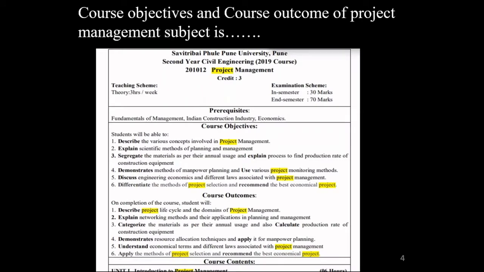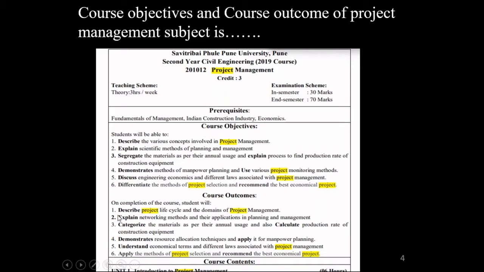So this is the course objectives and course outcome of the project management subject, in which we students will be able to describe the various concepts involved in project management, explain scientific methods of planning and management, segregate the material as per their usage, and explain process to find production rate of construction equipment, demonstrate methods of manpower planning, and use various project monitoring methods, discuss engineering economics and different laws associated with project management, differentiate the methods of project selection and recommend the best economical